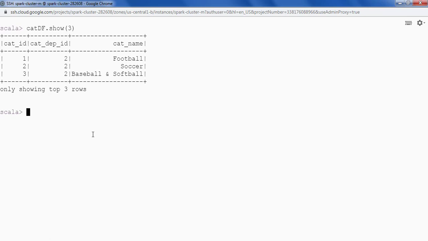So I'm going to say cat df dot write dot. We can also say write dot format dot save, and we can also say dot write dot csv. So I'll simply be saying dot write dot csv.